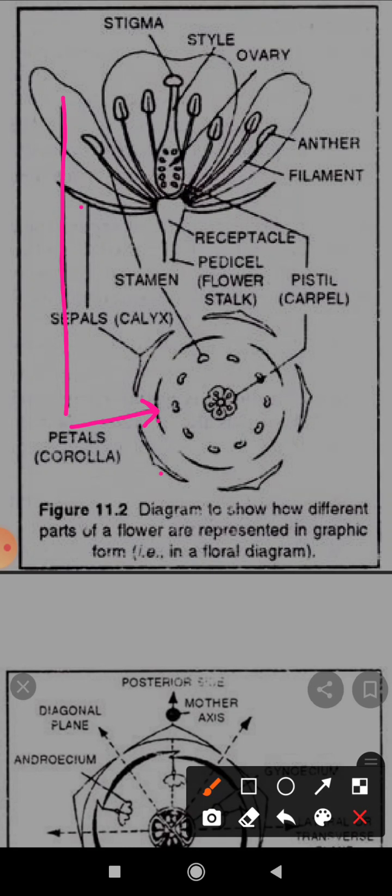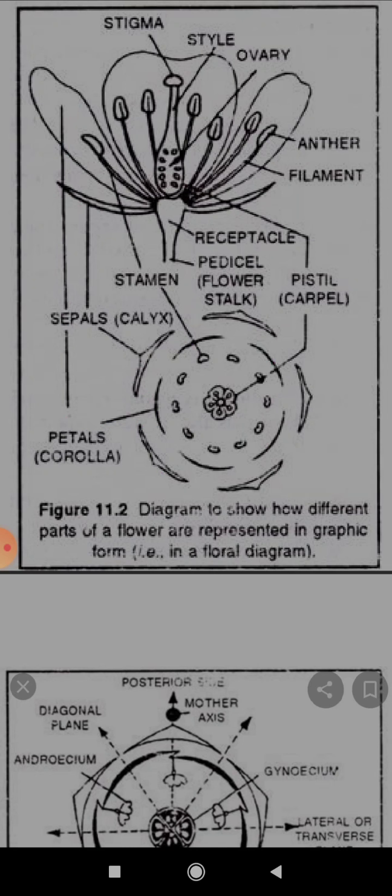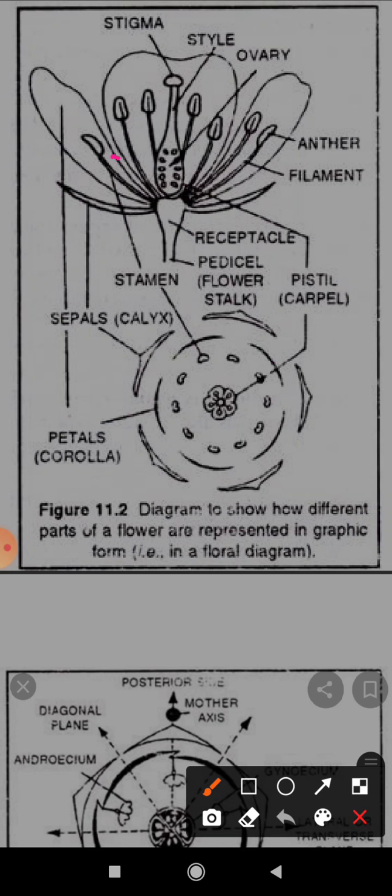So here you can see it is represented here, 1 2 3 4 5 petals, right? And 5 sepals, right? We move on to the next whorl, which is the stamen, right? So you look at it here, this is the stamen, and here this is the stamen, right? So stamen being represented here, right? And stamen is the inner whorl to that of the petals, right?